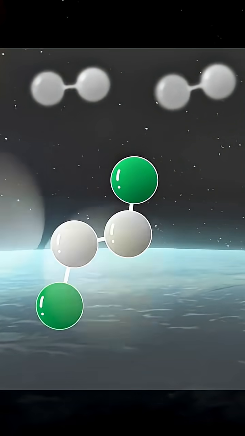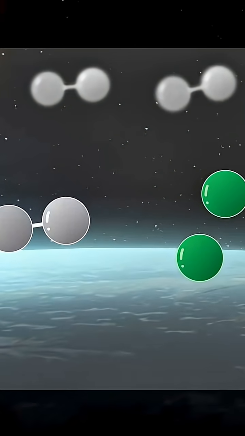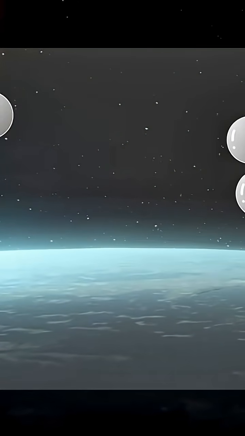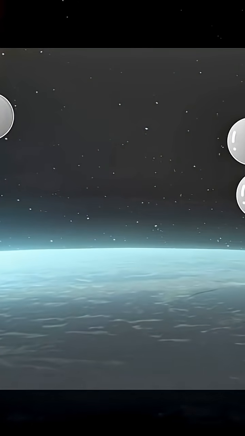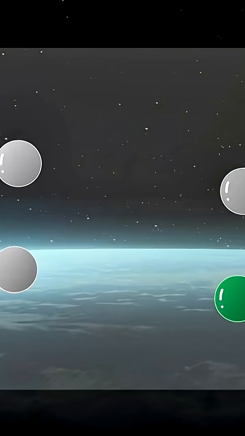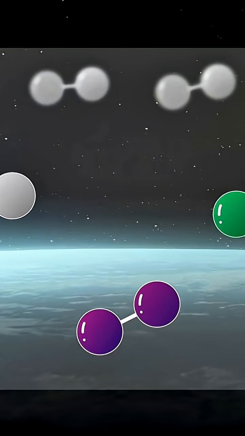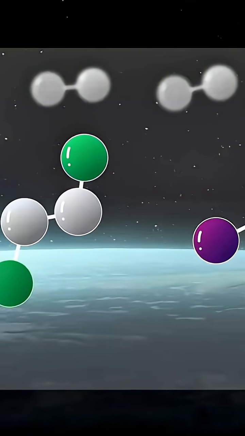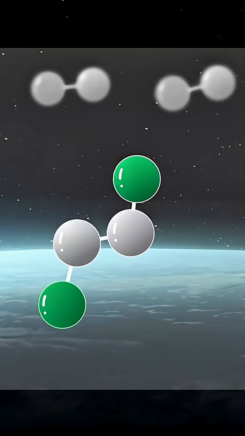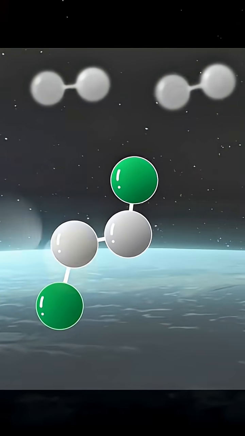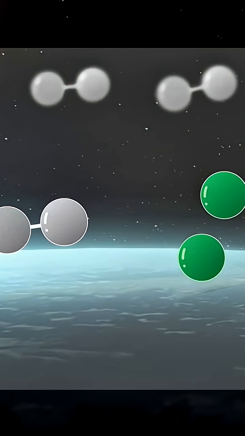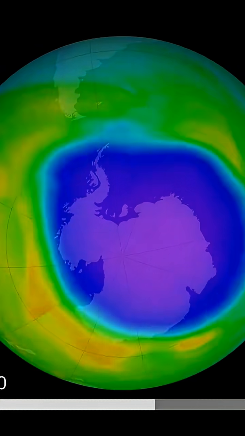With the presence of sunlight, the reactive chlorine and bromine compounds produced during winter begin to deplete ozone molecules by stealing one of their oxygen atoms, leaving just oxygen gas, or O2, in its wake. As long as the polar stratospheric clouds are present, these reactions will occur over and over again, until the ozone is nearly gone. This forms what we call the ozone hole, but that's